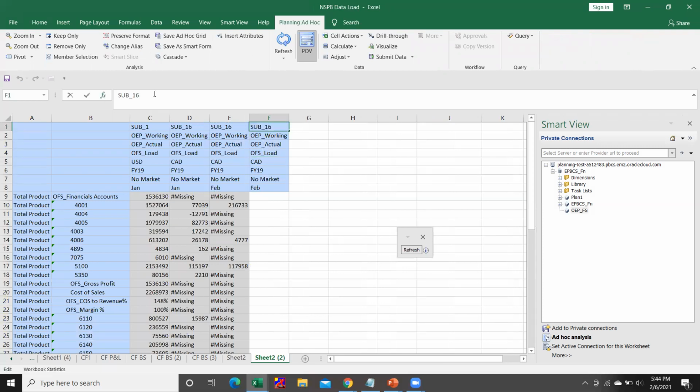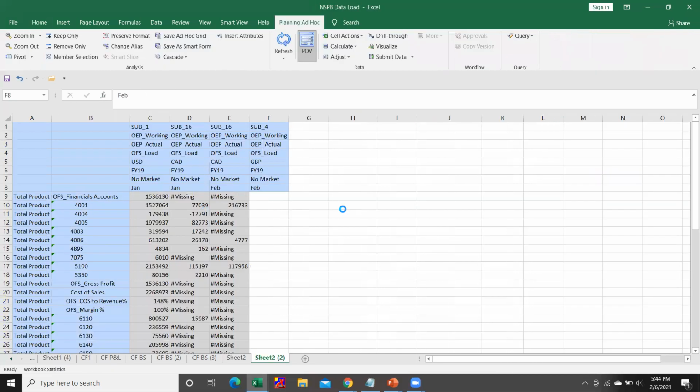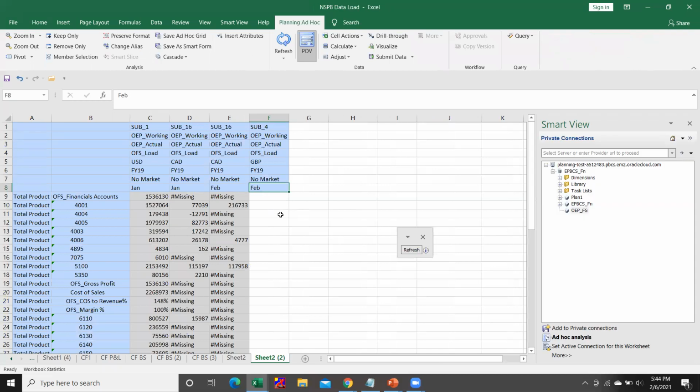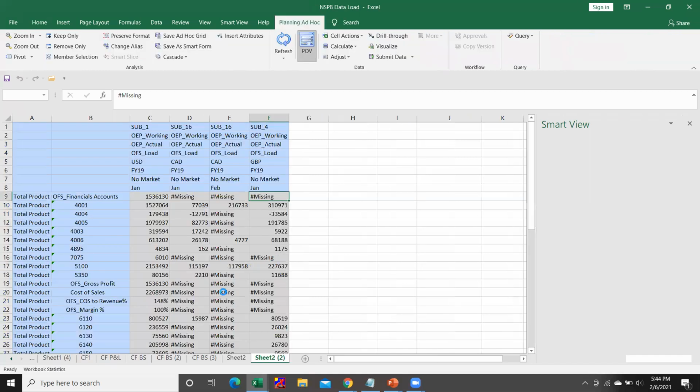So for 6370, we should get 1300 as a value. So I am changing the entity to sub_4, changing the currency from CAD to GBP, and we are looking at the number against the month of Jan. So I'm changing the month to Jan. Now going to refresh this. So for 6370, our number is 1300.